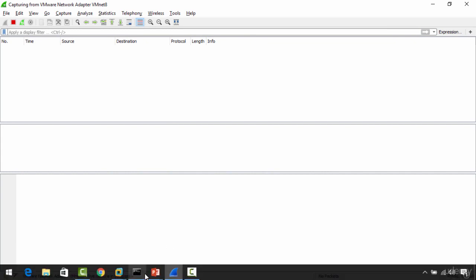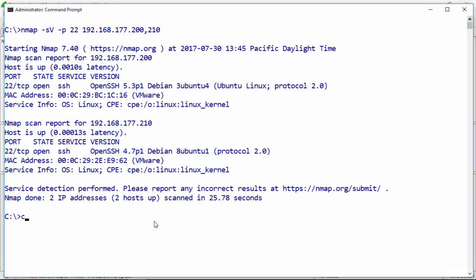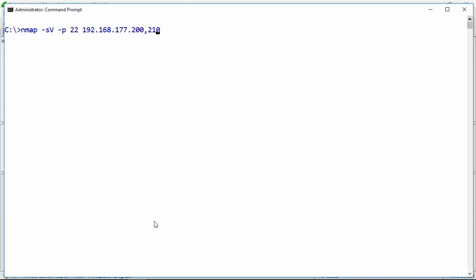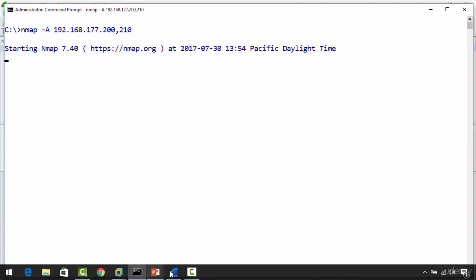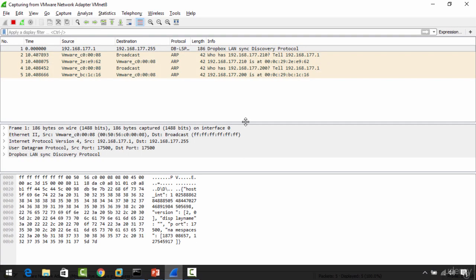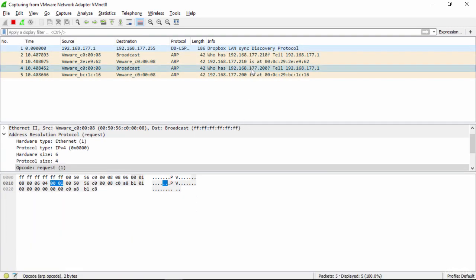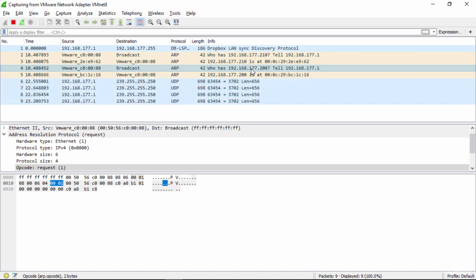So now what we want to do is that -A scan. Now, as I said, this will take some time. So we take that out, and then we just hit -A for those two targets. And we'll watch it as it's occurring on Wireshark. And you'll start to see, once again, it starts out just like it did before. It gets our two targets, gets the MAC addresses, because all data is delivered to the MAC address, as you may remember. And then once it gets going, so some UDP information there,